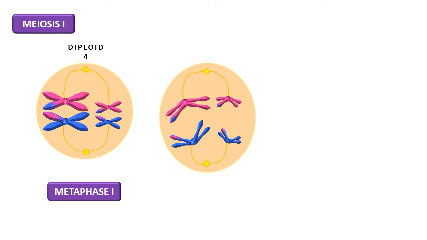Take note that in anaphase 1, the cell is still diploid and has a chromosome number of 4. You might ask, how do we actually count the chromosomes? Do we count the number of chromatids, or the arms, or the centromeres? The answer is, we count the centromeres to indicate the number of chromosomes. So in this example, we've counted 1, 2, 3, 4 centromeres,